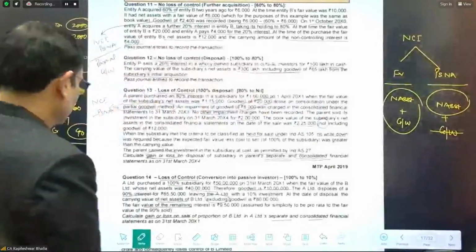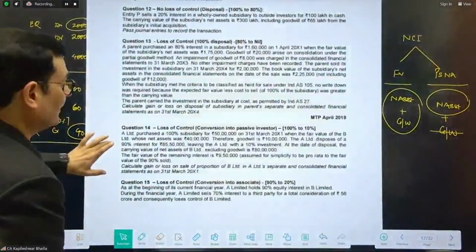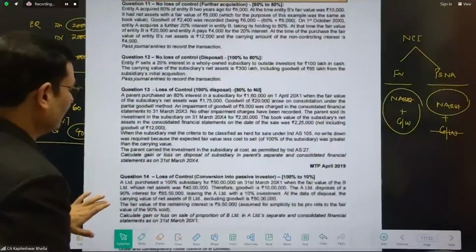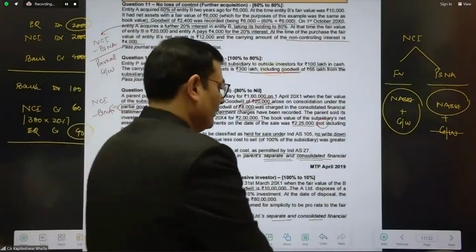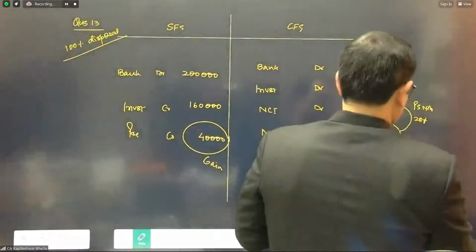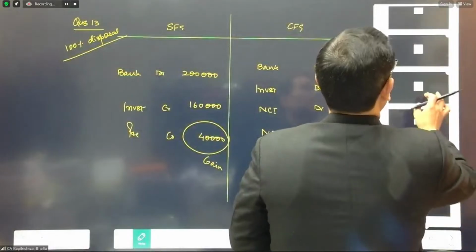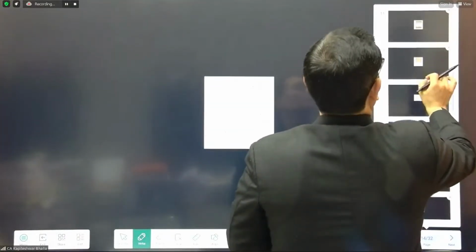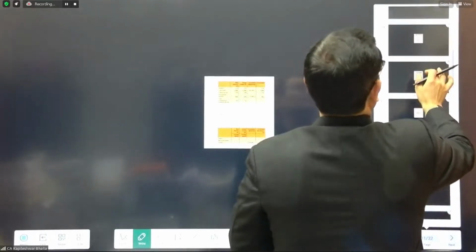So now we're going to go to question number 15, and I think this question is a good one indeed. Wow. So let's do one thing. I need to explain this question in a bit more detail, so I'm going to take you to the study material. I've also taken this question from the study material. And I'm going to explain the inputs to you through some things, because this is going to be slightly technical in nature.